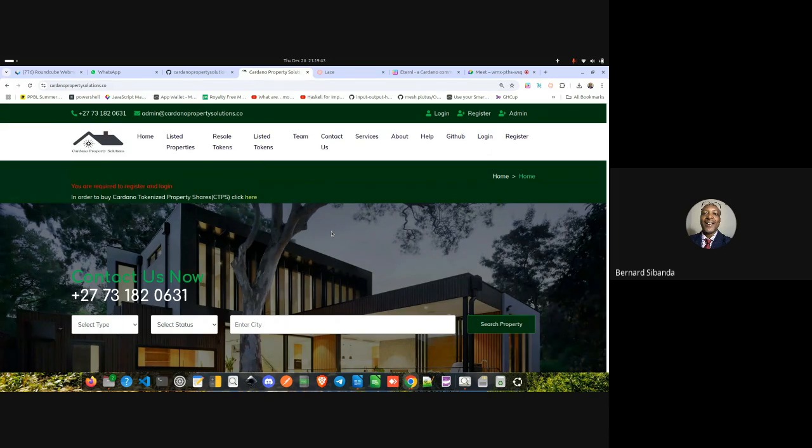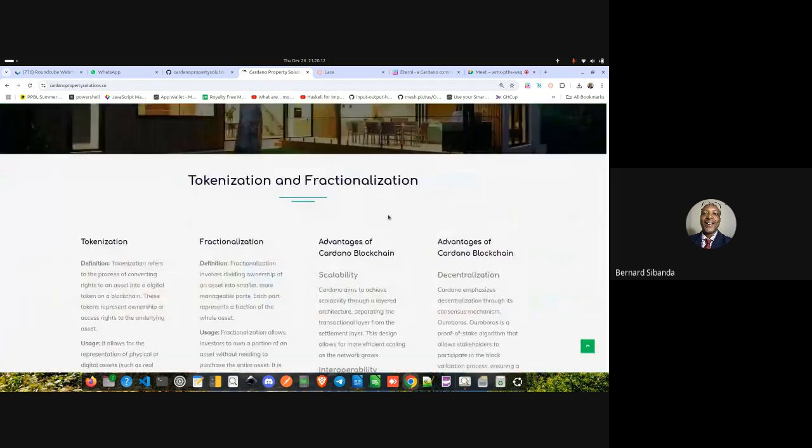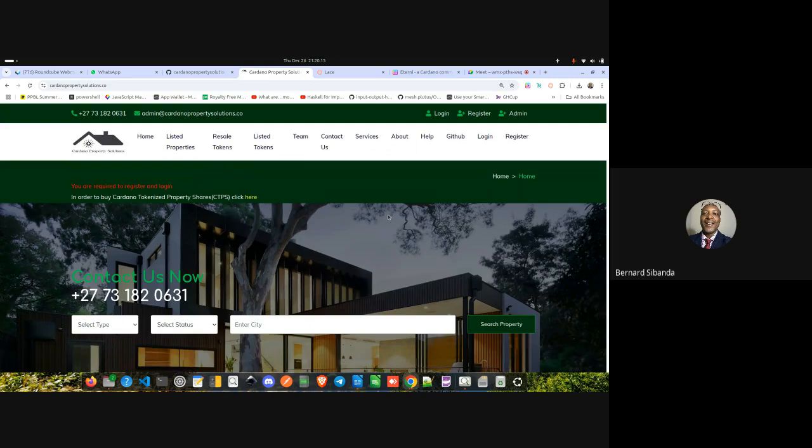Here I'm going to demonstrate how to use Cardano property solutions. You are going to learn how to fractionalize and tokenize selling property, selling houses, selling land, selling flats. Here is the application here, cardanopropertysolutions.co, which is ready. I'm going to go through this platform demonstrating how Cardano now is capable of doing tokenization